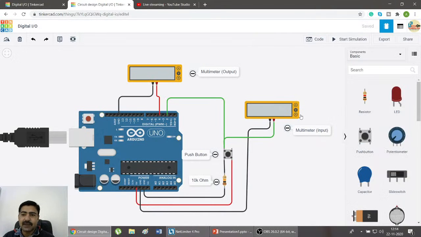And this is the case when we are talking about digital input and digital output. So here on the screen we have our two multimeters. One is connected at the input, which is pin number 2, and we are checking output on pin number 4. So let's see. If I start the simulation here,